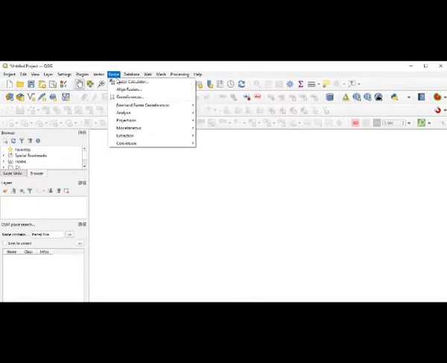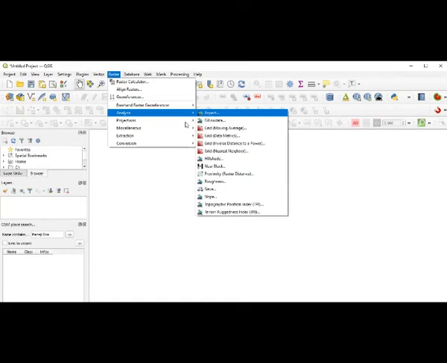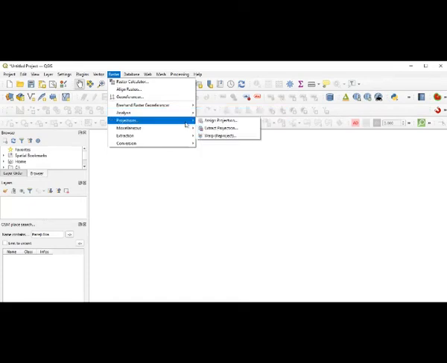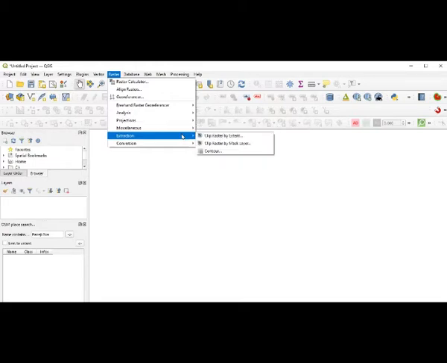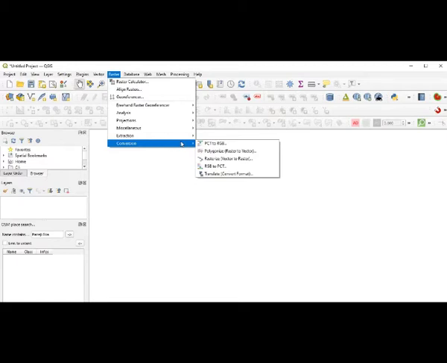Then Raster has one most important thing which we require. Raster Calculator is there. Then Georeferencer, which is one most important. Before we proceed with any vector data and all, we are supposed to go ahead with it. Then analysis is there, basically for image analysis and all different sorts of things. Then projections are there. So a typical projection can be assigned depending on the area which you are going to take. Then miscellaneous other things are also there. Extraction, Clip Raster by Extent or Clip Raster by Mask Layer. So how much area you require, that much you can clip. Then conversions are there from RGB to this one, vector to raster.